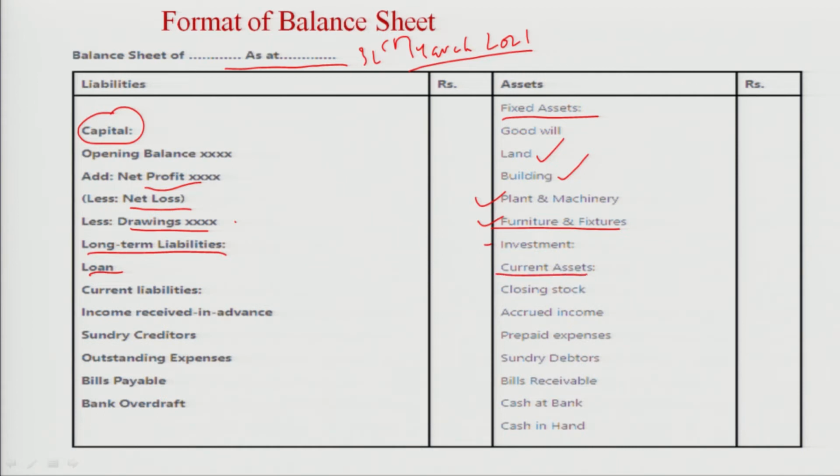करंट एसेट्स वो एसेट्स जो एक साल के अंदर यूज़ हो जाते हैं, लाइक स्टॉक्स। सो यहाँ पे हम क्लोजिंग स्टॉक लिखेंगे, ओपनिंग स्टॉक आपका ट्रेडिंग में आता है तो क्लोजिंग हम यहाँ लिखेंगे। इनकम, एक्रूड इनकम, जो इनकम होने वाली है। प्रीपेड एक्सपेंसेस, जो पहले से पे कर दिया अभी ड्यू नहीं हुआ। सन्ड्री डेटर्स जिनसे आपने पैसा वापस लेना है, बिल रिसीवेबल, कैश इन हैंड एंड बैंक।